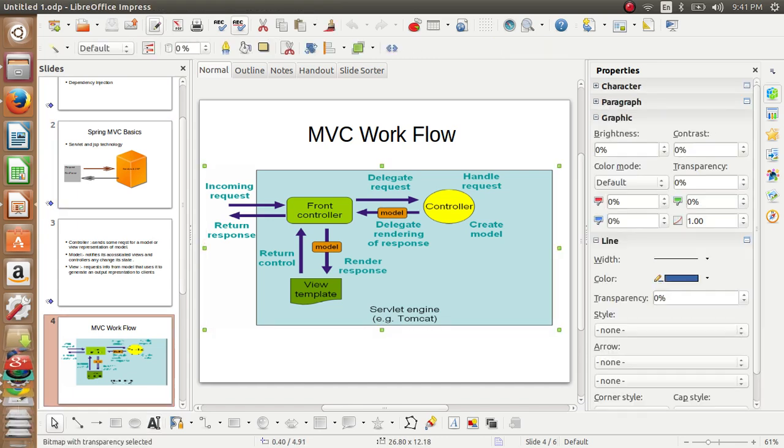Now the front controller is confused about the view name. So how will it resolve its confusion? It will go to a class named the viewResolver class. It will help it to resolve its confusion and render the response back to the front controller, and the front controller will take the response back to the user. So I will go a bit